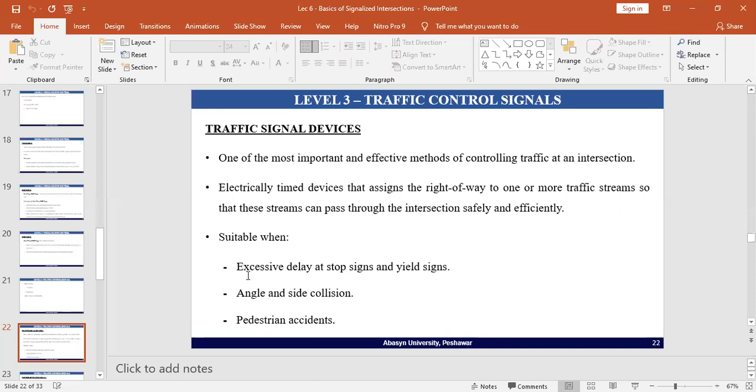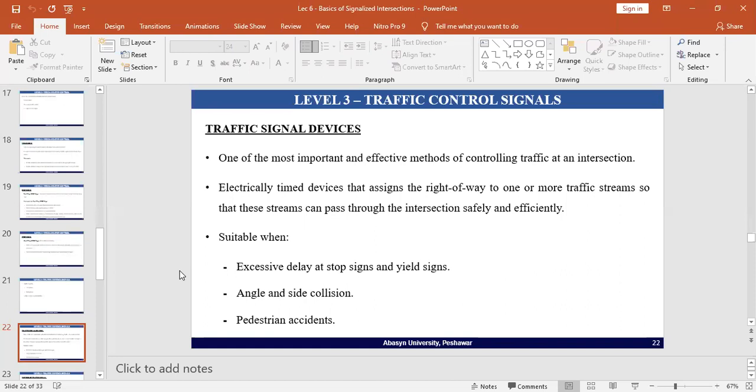So all these parameters, you have to collect this data from the field and then input that data into the software and run the simulations. Based on your actual data you will get an optimum solution, in terms of signal timing: how much timing to allow on both the major and minor road so that excessive delay doesn't occur.